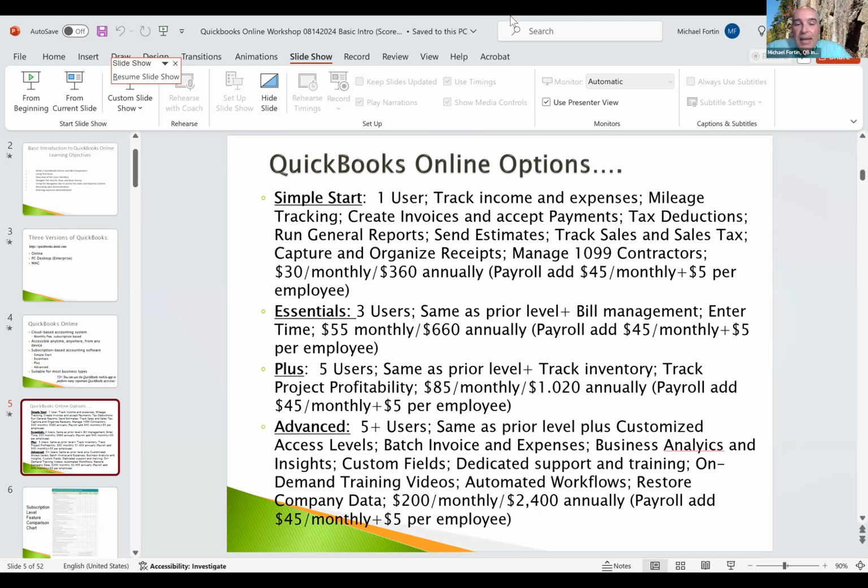you the highlights. The Simple Start is basically $30 a month. The Essentials is $55 a month. The Plus level is $85 a month, and Advanced is $200 a month. Most people that I work with find that the Plus level at $85 a month is really the level you need for most types of businesses, because you have the ability to track inventory and profitability for project type billing, and some of the real key functions, like, for example, in the cash flow